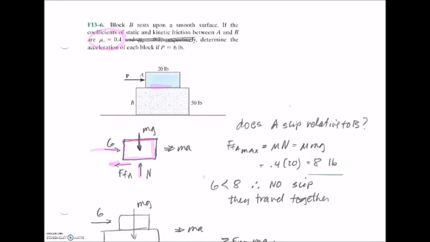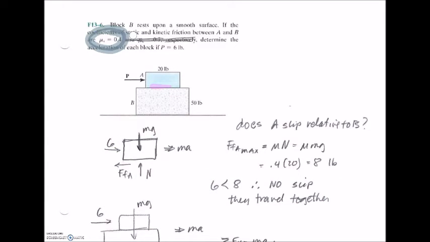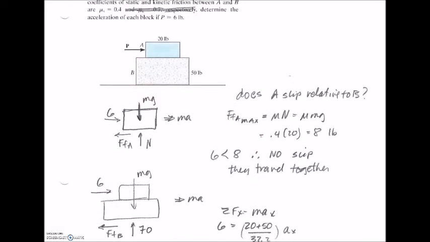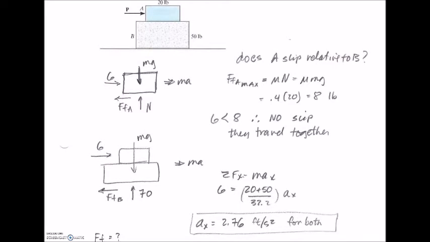And so it's pretty easy to see that because 6 is less than 8, we know that there is no slip between the two, and so they do not slip because you don't have enough force there. All right. So if you conclude then that the two blocks travel together,